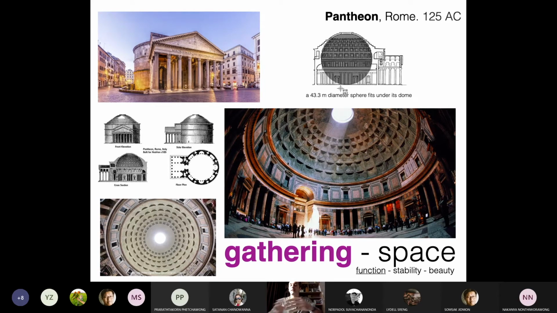So we need to identify what is the strength of our proposal, okay? And then you come up with your drawings, okay? You can use this thing to be the image, no? To sell your proposal, no? The logo nowadays. So it's one building that is 2,000 years ago, and they were already thinking about how the logo of that building and the space should be, okay. So at the end, we are talking about the function, okay, we are talking about the stability, the structure, and the beauty, no, that is the image, okay.